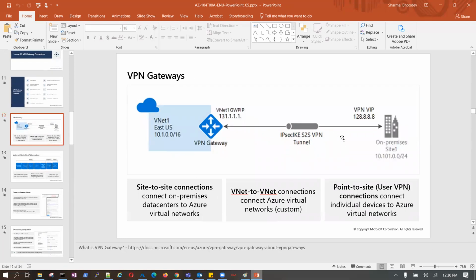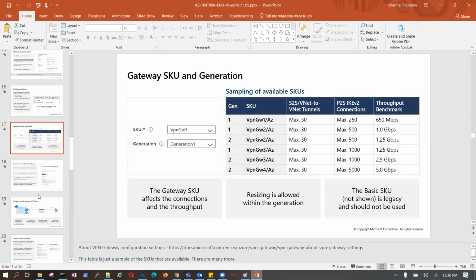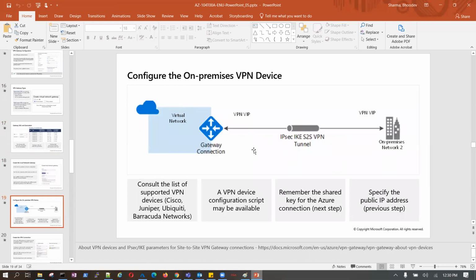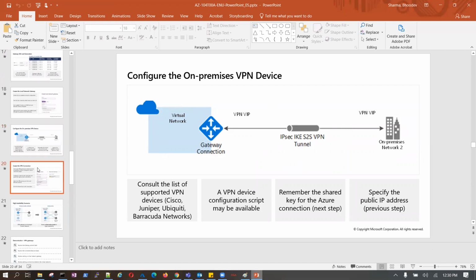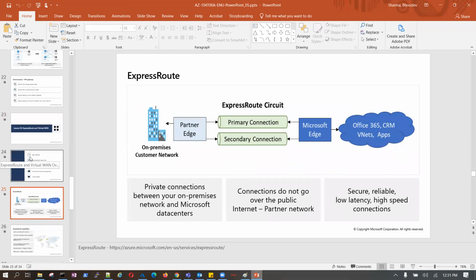You can create multiple tunnels here. One tunnel, two tunnels, three tunnels. In express route, if you look at the primary connection and secondary connection, we can create multiple tunnels, and even distribute the bandwidth across the tunnels and connections.